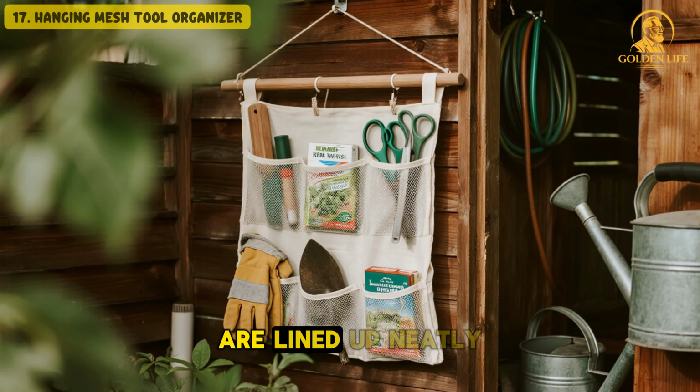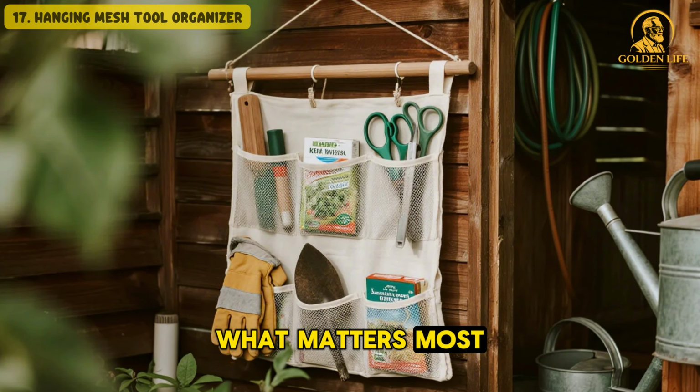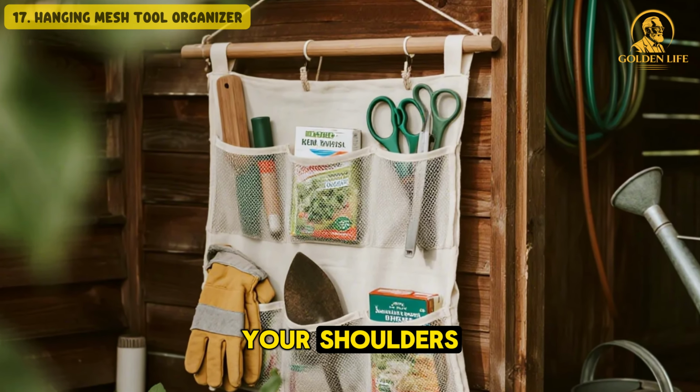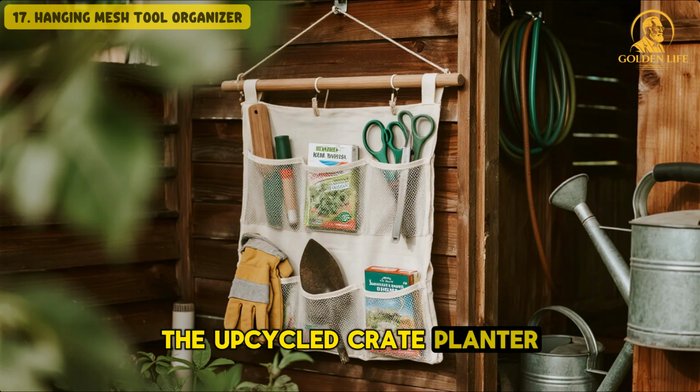And when your tools are lined up neatly, when your hands are free from searching, you can focus on what matters most. Feeling the sun on your shoulders, the dirt under your nails, and the quiet pride that says, I built this life with care. Next, we'll explore another thoughtful and flexible storage solution, the upcycled crate planter